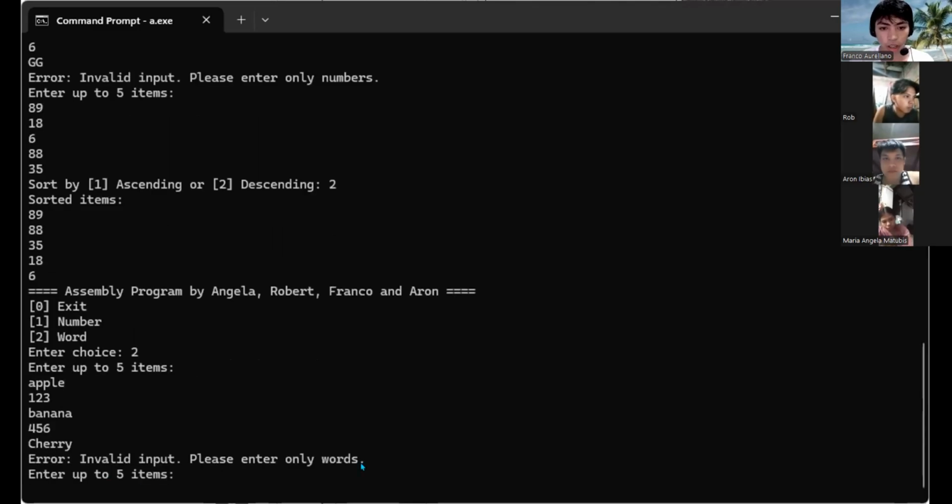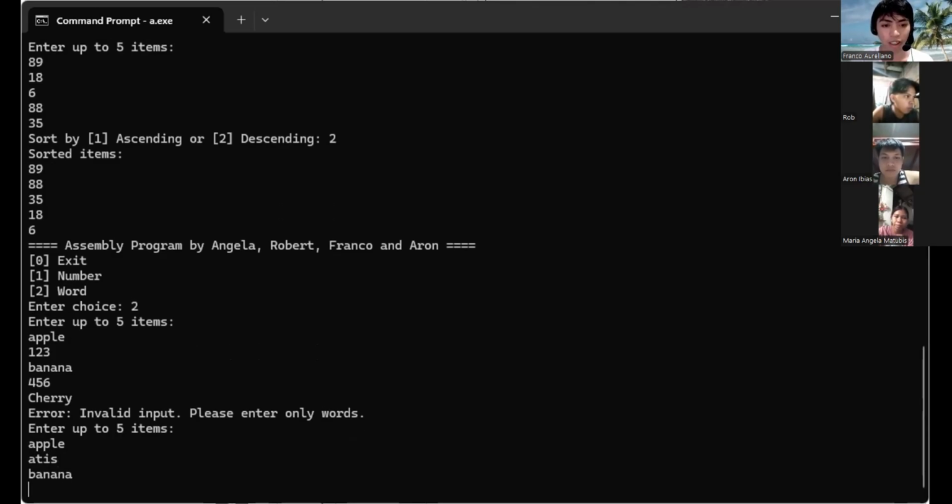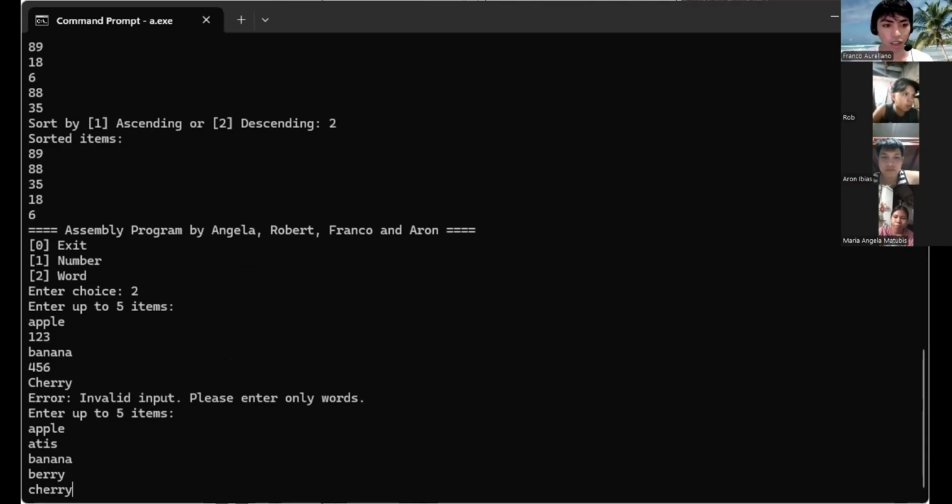So here's the error again, but this time it tells us to please enter only words. So we followed that, of course. So let's use apple, and then atis, then banana, and then berry, and then cherry for the last.